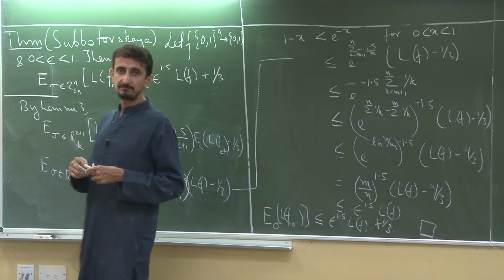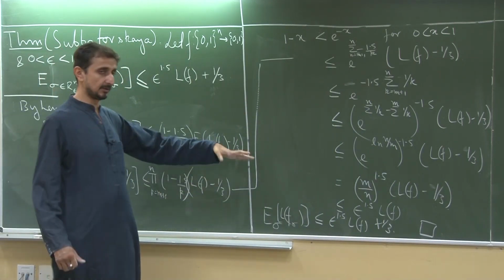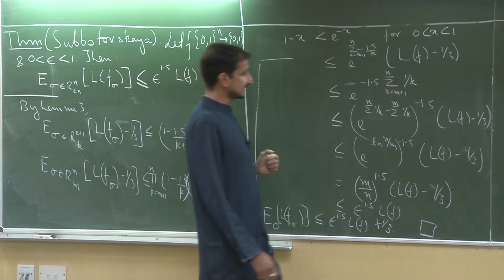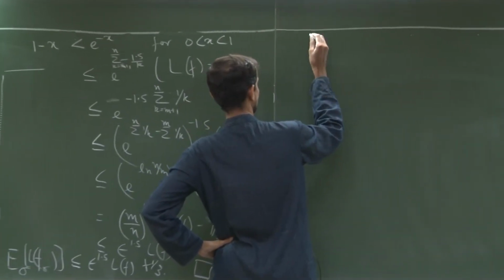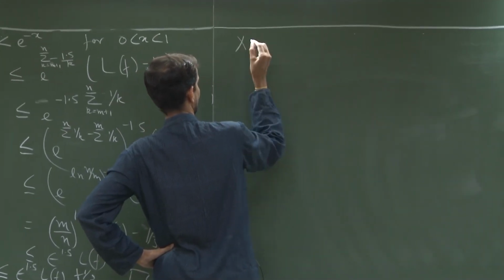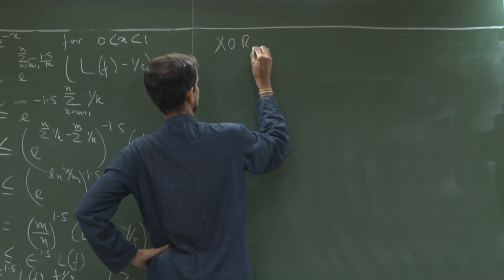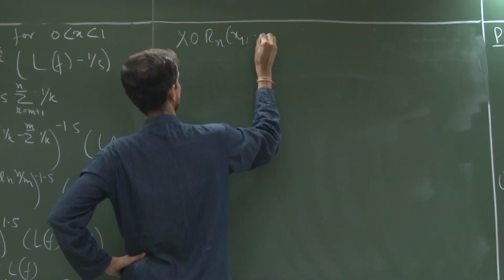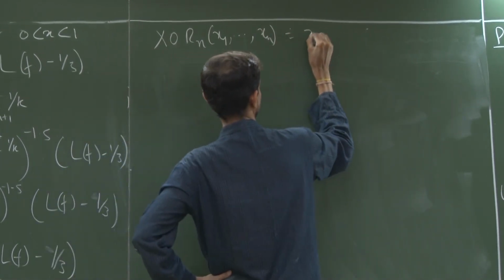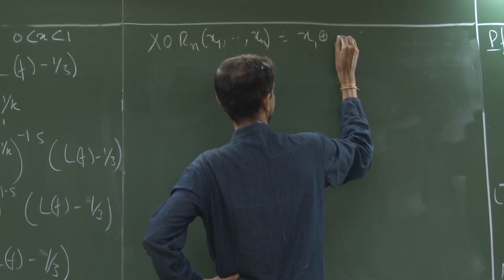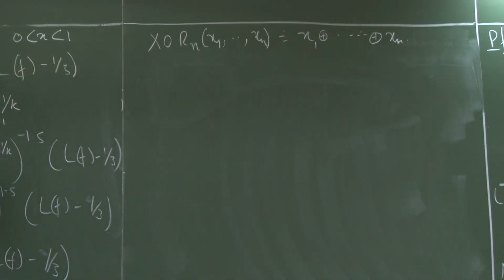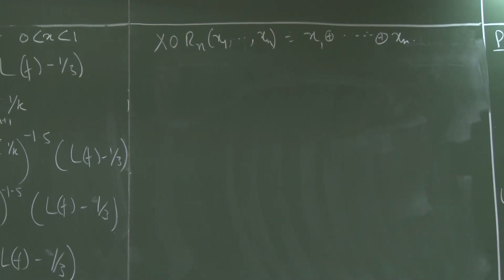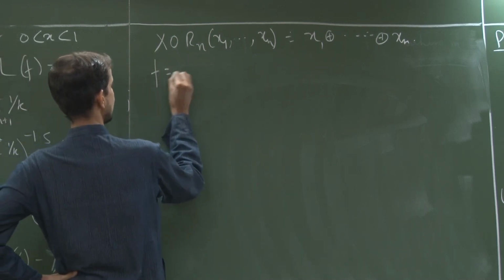So, let us look at a very quick application of this theorem, where we can apply it. So, once again let us consider the XOR function, or the parity function. Parity function is also known as the XOR function. So, XOR n of x1 up to xn is basically x1 parity up to xn. Okay. So, how can we give a lower bound on this function? Okay. So, let f be the XOR function,